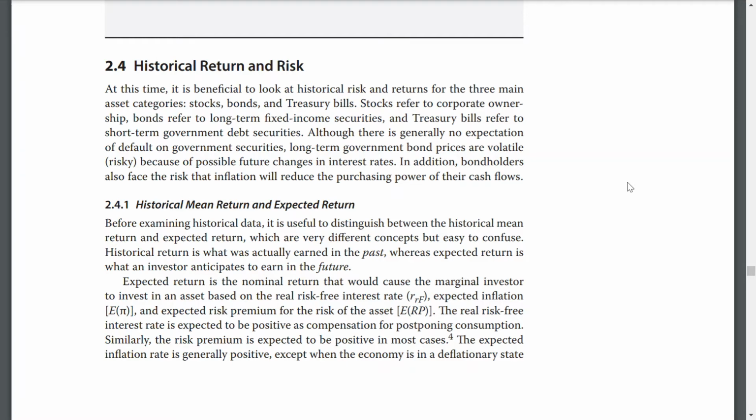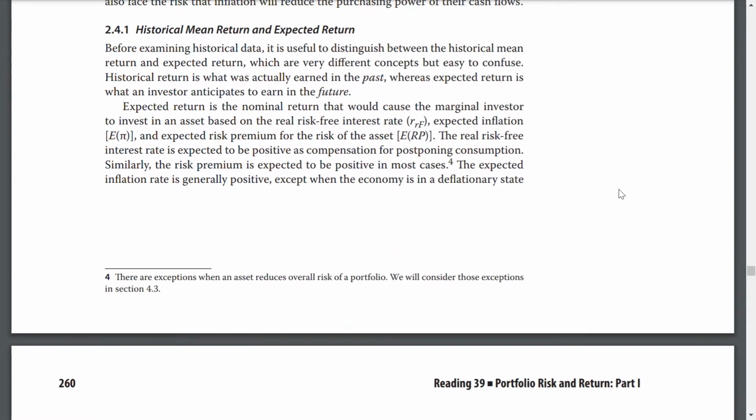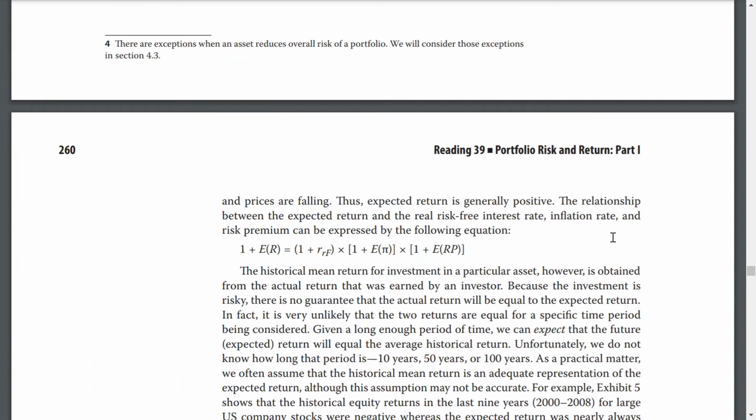Similarly, the risk premium is expected to be positive in most cases. The expected inflation rate is generally positive, except when the economy is in a deflationary state and prices are falling. Thus, expected return is generally positive. The relationship between the expected returns and the real risk-free interest rates, inflation rates, and risk premiums can be expressed by